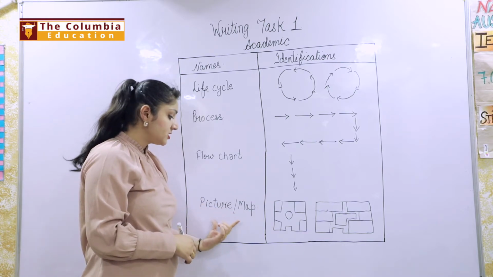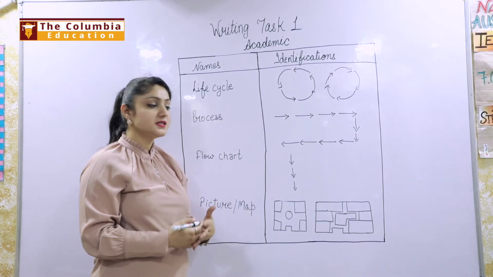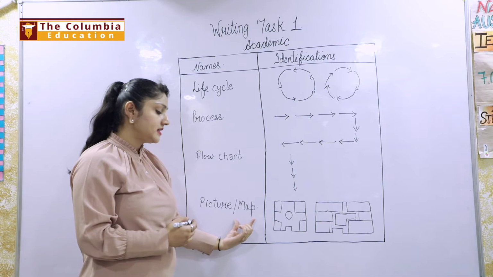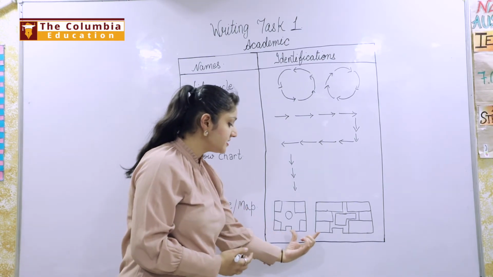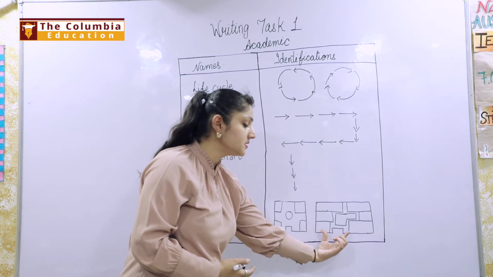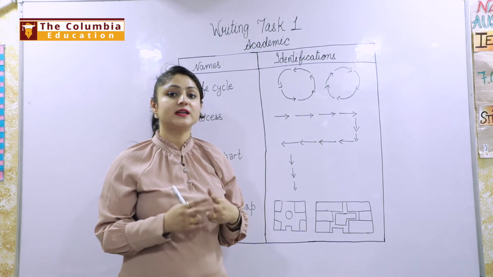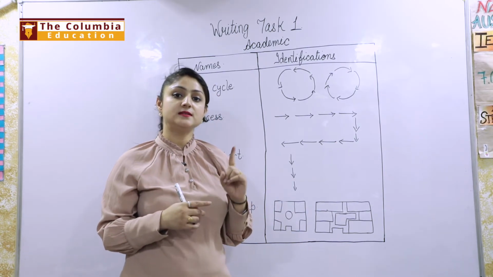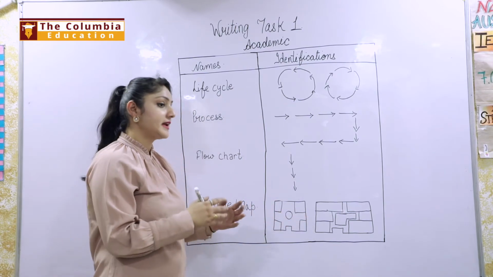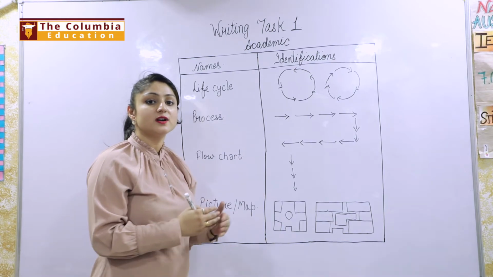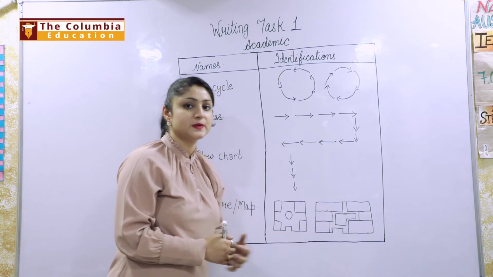Next one is picture or map. Picture, map, diagram, whatever the diagram is, you can even write the map as a layout too, right? In this you can see the differences. This one is a different picture and this is a different one, right? That means you will get 2 pictures in a map. Sometimes you will get 2 or sometimes only a single picture. When we have 2 pictures in a map, then we can explain by using the differences, what changes have taken place in this picture and in this picture.